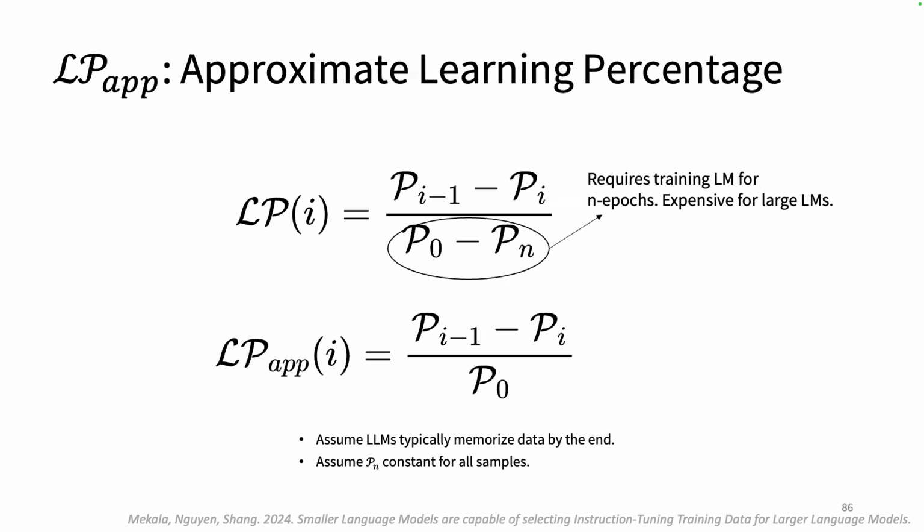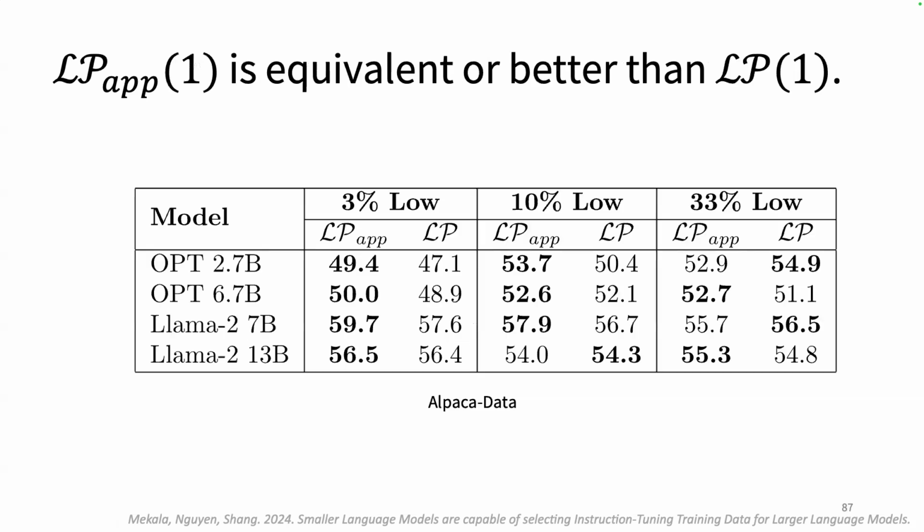So what we do is, we assume that the LLMs typically memorize data by the end. So Pn is constant for all samples, so we just remove it. And the LP approximate metric is just P(i-1) minus P(i) by P0. So if we are doing the filtering based on LP approximate of i, we need to only train the model for one epoch. So we propose this approximate learning percentage metric,